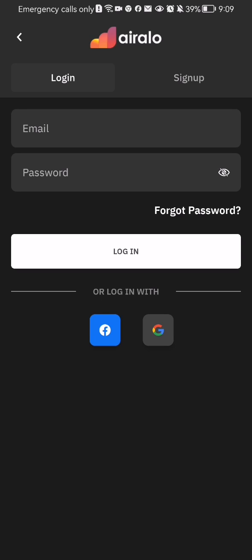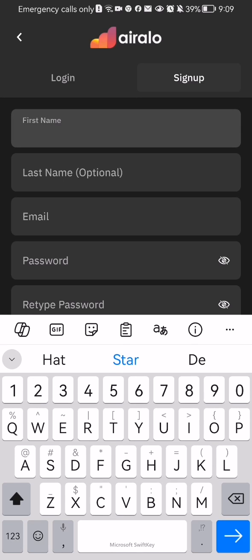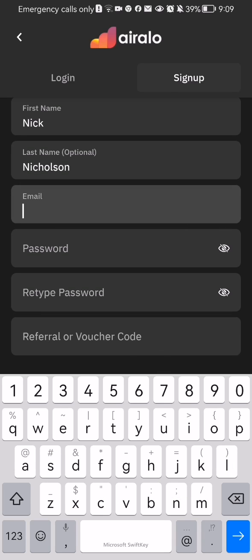Press on it, and at first it will appear to you the login option, but if you look at the right side you have the sign up option as well. If you press on it, all you have to do is provide your first name, then your last name, your email address,